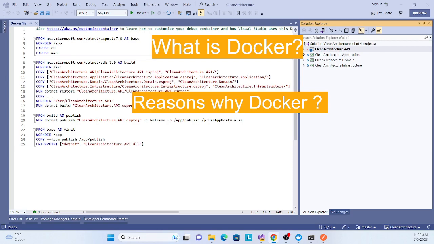Containers ensure consistency between different environments by packaging the application and its dependencies together.